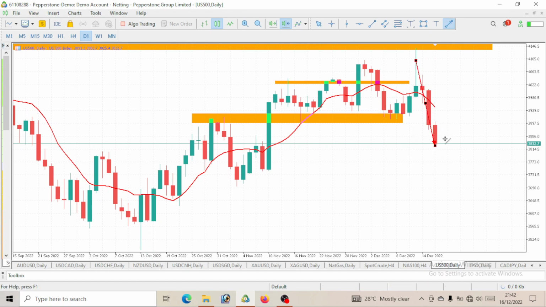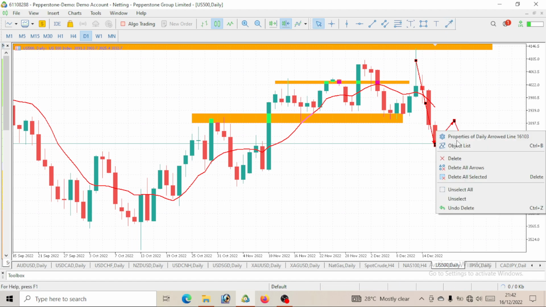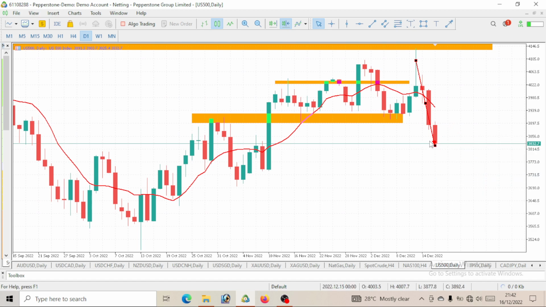So maybe if you want to be patient enough, you can wait for a pullback before you go ahead to take a sell on this S&P 500, that is, if you want to place such a trade. But I think a further drop needs to be made on S&P before it actually has a pullback. Once that pullback is made, then we will continue our bearish move. And if a further drop is not made, then once price opens, you should expect a pullback on this S&P, which has to take out this level it has broken out from.